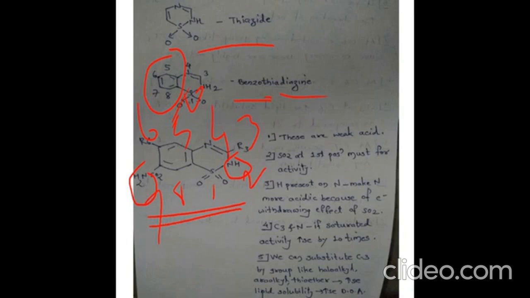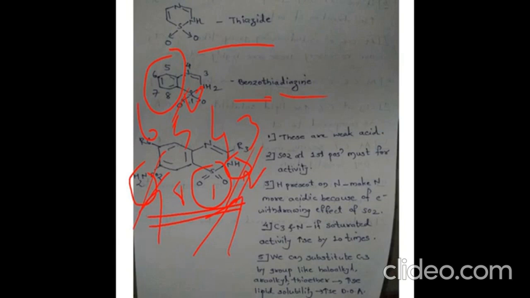Out of these, the NH group at the second position is more acidic compared to the other group, as it is present in the ring structure, so a resonating effect is there, and the SO2 group present in the ring structure produces a strong electron withdrawing effect. Hence the NH group at the second position becomes electron deficient, so it can accept more electrons and becomes more acidic compared to the free SO2NH2 group substituted at the 7th position. So in SAR, the first point is that these are weak acids.